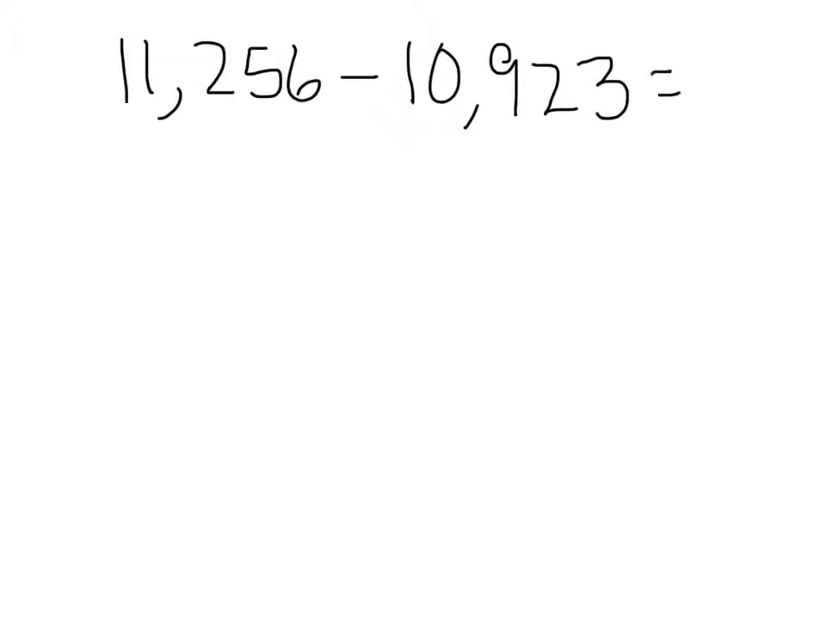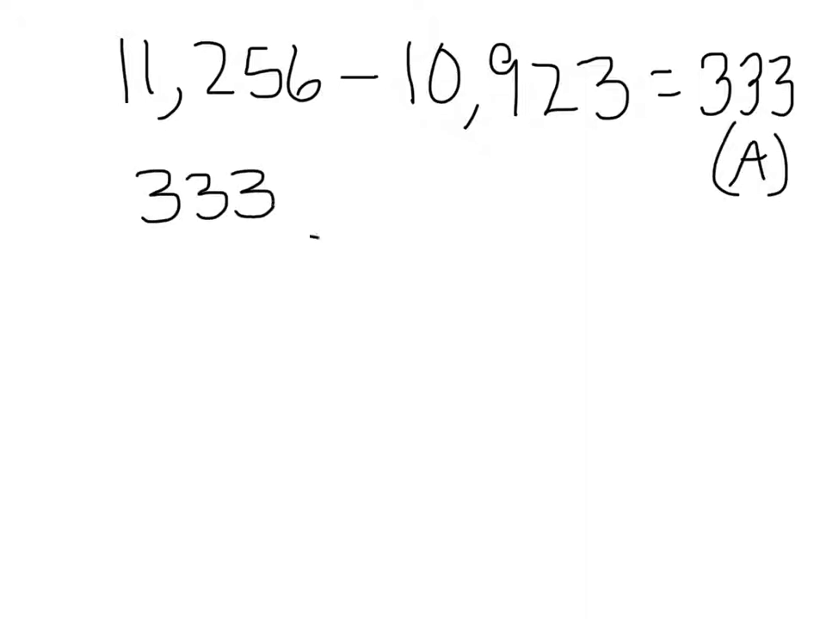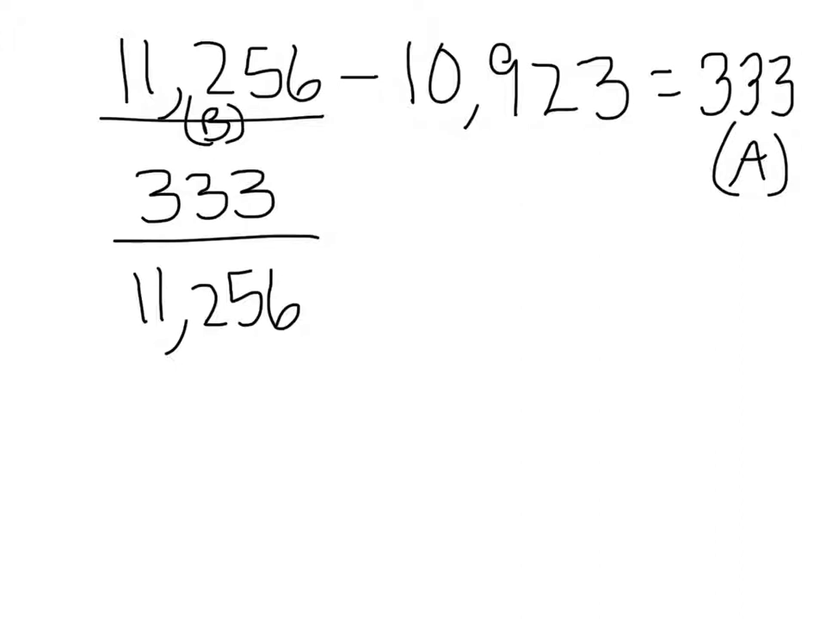10,923. Now notice that I wrote that as a subtraction problem because it's a decrease and I want to know the amount of decrease. So I'm going to take 11,256 and subtract from it 10,923, and I get 333 as the amount of decrease. So that's our A, that 333. So we write that 333 in the A position in our proportion, A over B equals P over 100. And our B is going to be